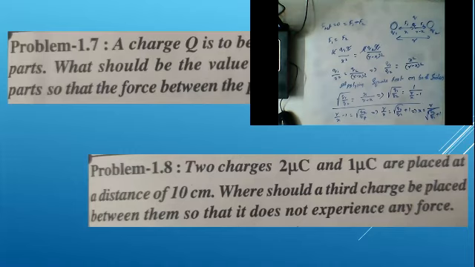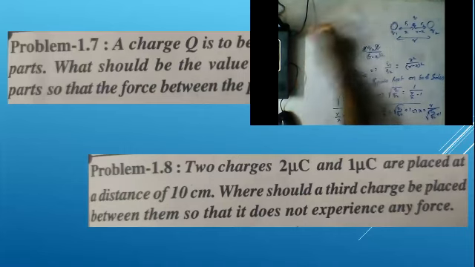This is the formula. So what is the formula, guys? x is equal to r by square root of q2 by q1 plus 1. This is the formula for finding the null point. Now try to solve the question. Within fractions of a second you will be able to get the answer. I hope you understood how to get this formula. Now we will solve that.